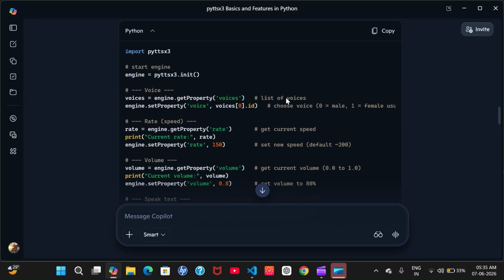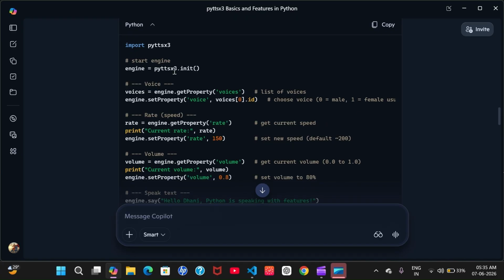So first of all, you have to import pyttsx3, and let me tell you, it is an external library. So you have to pip install pyttsx3. Okay, you can go to your terminal and pip install this library.